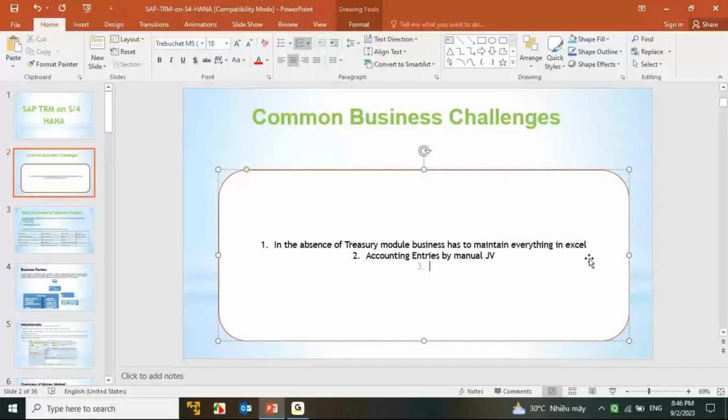After a certain point of time, you will have a maturity of the investments. You don't have any standard system or standard report available. Every time, you have to go and put all these details into Excel, and based on that, you have to do